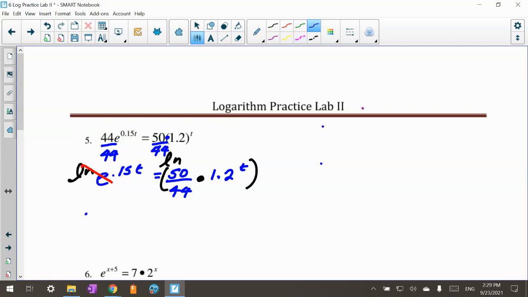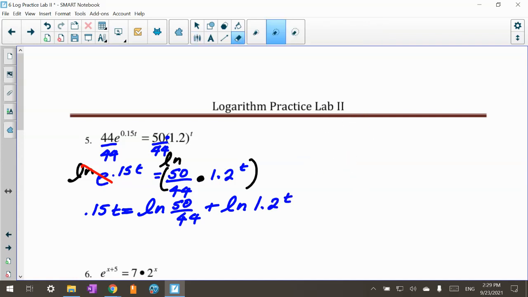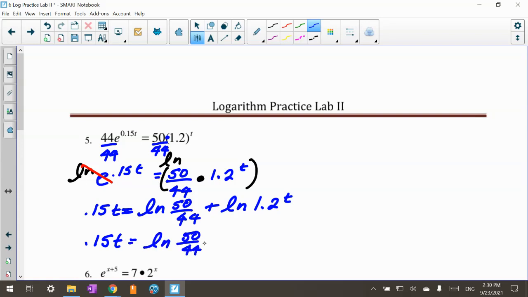Okay, so now I have 0.15t equals the natural log of 50 over 44. Here are my equal signs. This is multiplication plus the natural log of 1.2 to the t. Now, some of you are like, why didn't you bring the t down, right? I could, but I'm just trying to go slowly so that you can see what I'm doing here. So I have 0.15t equals the natural log of 50 over 44 plus t natural log